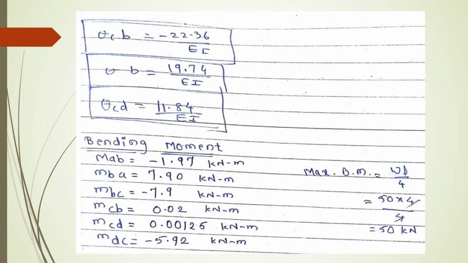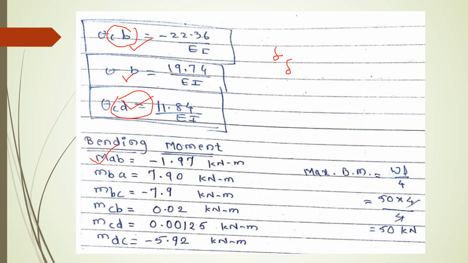Now put these values into the previous equations which we found out previously in the equilibrium step. So we will have the values of the unknowns theta CB, theta B and theta D. See, the CB value and CD value are definitely different, which is at joint C only. Also now we know the value of delta, that is deflection. So by putting all these values, deflection, theta CB, theta B and theta C, in the slope deflection equation, we got the end moment of every joint.